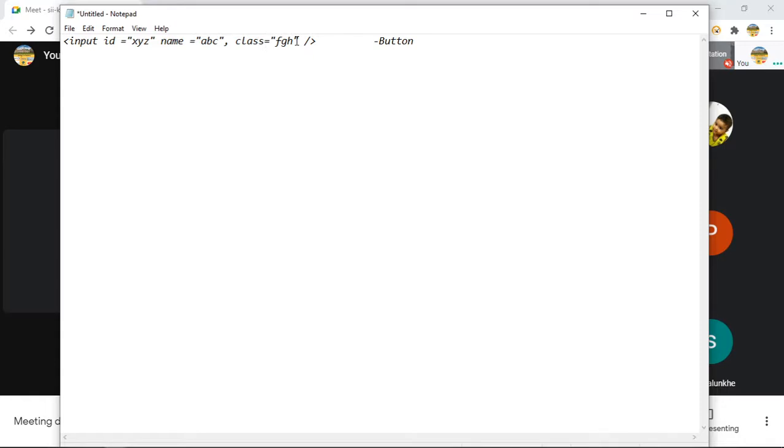So you can use any one, but sometimes it happens that instead of ID some other attribute is present, suppose like this. So instead of class there is some other attribute like this. So if you now want to perform any operation on the button, how can you do that? See, ID is not available and these three are not any locator, right? So how can you proceed? In that case, here comes XPath and CSS.